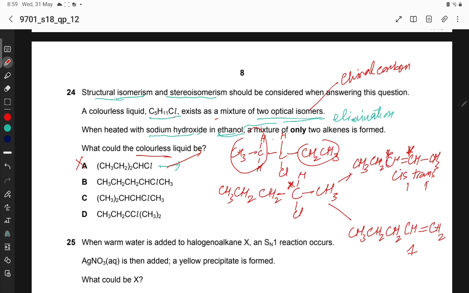When heated with sodium ethoxide, a mixture of only two alkenes is formed. Only two alkenes are formed, so that's why it is incorrect. This is the mixture of 1, 2 and this is a structural isomer also. So only two alkenes are formed. So this is incorrect. So next option